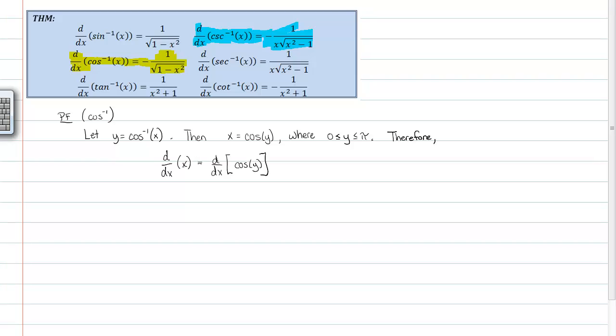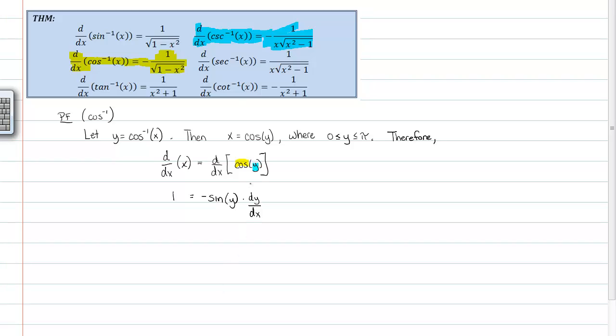We have the derivative with respect to x of x itself equals the derivative with respect to x of the cosine of y. Notice that the right-hand side is actually a function of y, and y is a function of x. So that's going to be a chain rule there. On the left-hand side, the derivative of x with respect to x is just 1. On the right-hand side, let's start on the outer function. The derivative of a cosine of junk is just going to be the negative sine of that junk. And then we'll have to hop inside the function to take the derivative of the inside. So the derivative of that y is what we have remaining. So times dy